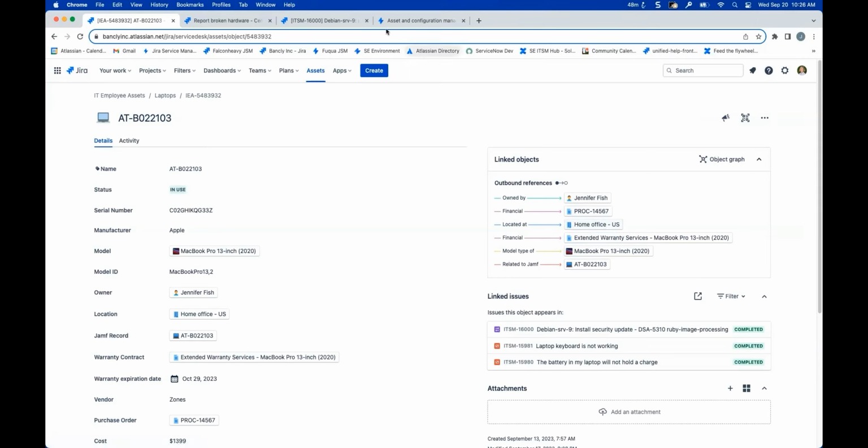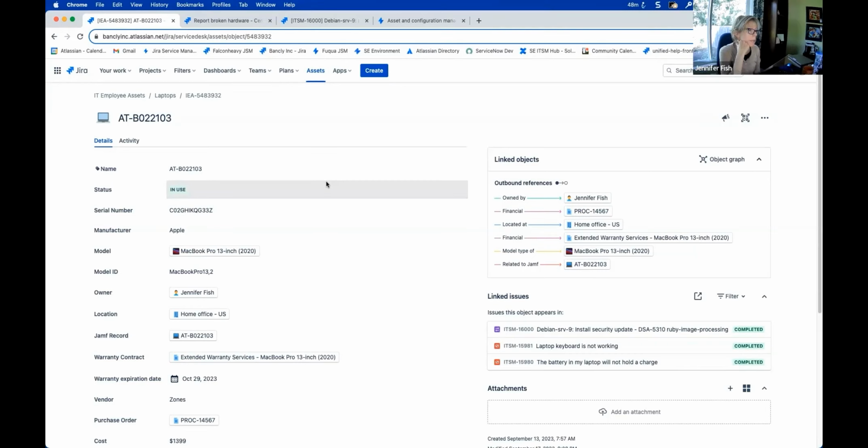We have a question. Jimmy just came up with a good one. He asked, what logic best practices do you use when deciding if something should be an attribute of an object versus a separate object? Really good question. It's how many times is it going to be referenced and what's the maintenance on it?